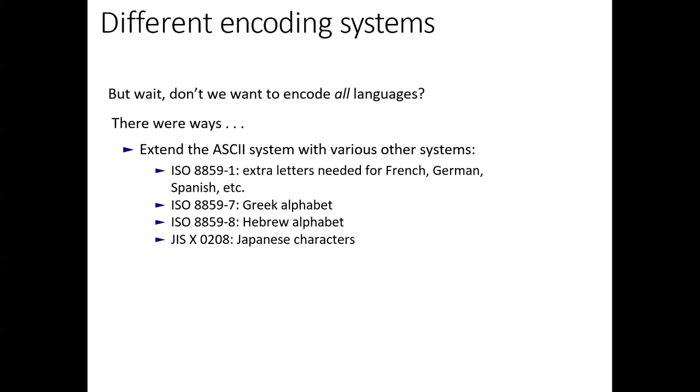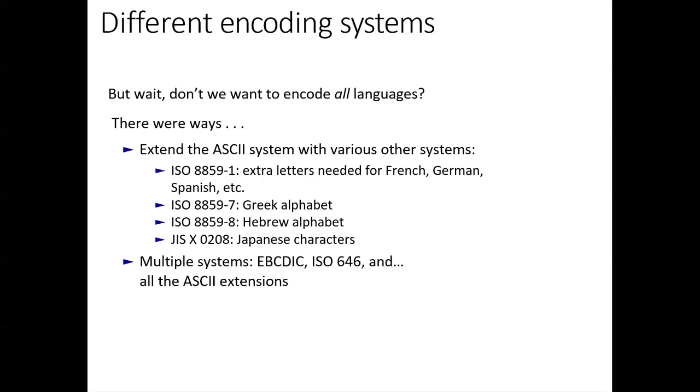And then there was ISO 8859-7, where the letters that are the same in the Greek alphabet and the Latin alphabet would have the same number, but then you had to have all the extra different letters that the Greek alphabet needs. And how they extended that to Hebrew and Japanese, presumably they used the same punctuation, but probably not any of the same letters because they're very different. I don't know exactly how they did it. So that was one way that you could do it if you wanted to be able to use more than one writing system and go beyond American English. And then there were just other systems that used something different, or a combination of an ASCII extension plus their own,